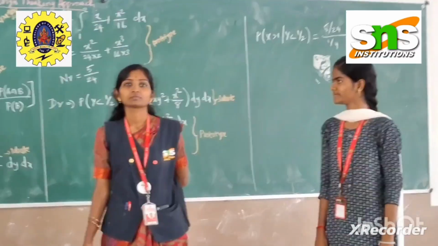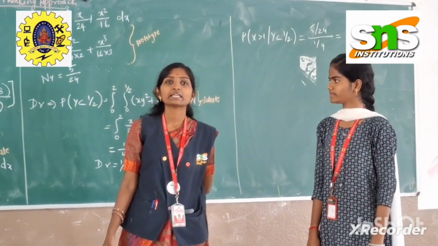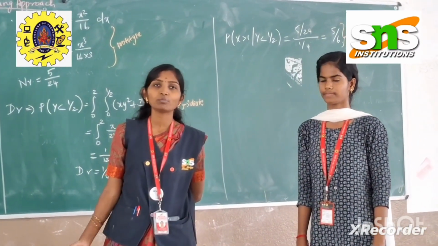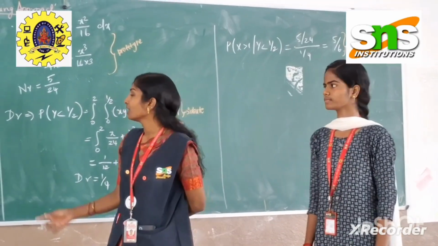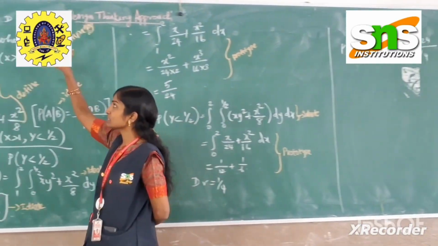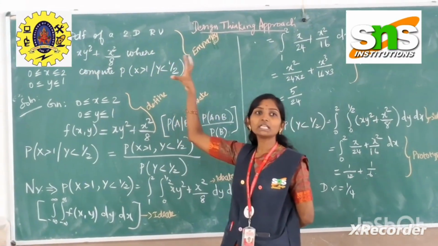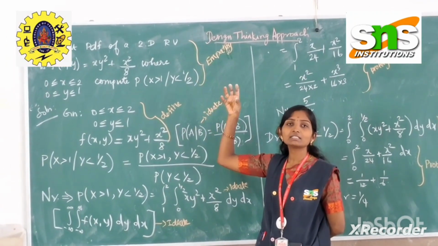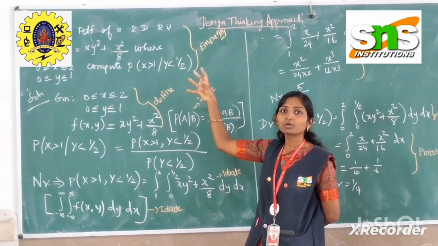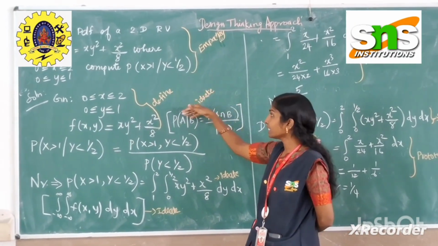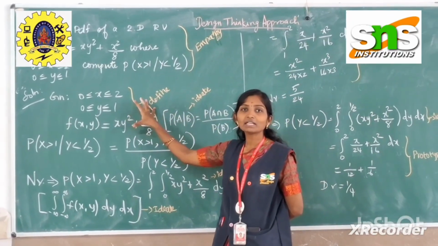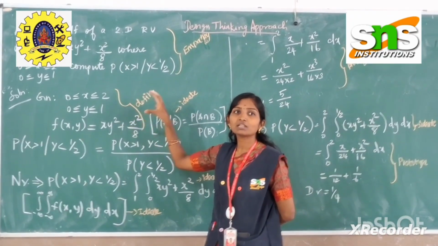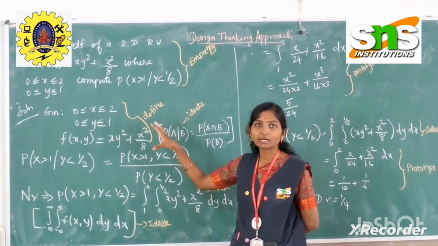Thank you. Okay, this is what our student has explained as a design thinking approach to the problem on two-dimensional random variables, wherein she has given that this particular problem can be taken up wholly as the empathy part, that is the problem statement. That problem statement can be defined in the solution part, wherein the given questions and information are carried out as the define part. Later on,